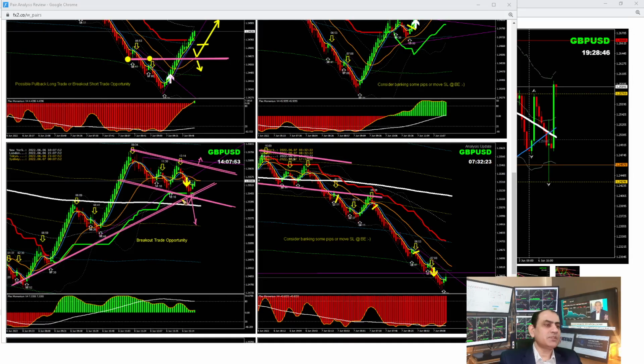Okay, this is the analysis I mentioned to you yesterday, that we were looking at a breakout of this pattern, but the safest way is breakout and retest, which you can see here, price broke and retested in the Asian session, and we have another pullback. We announced all these pullbacks in the Asian session. Most of my traders banked amazing profit just before the